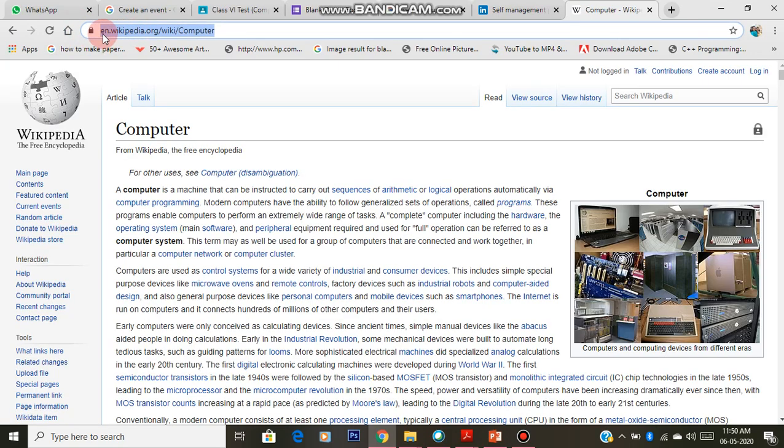Here before this you usually will be having HTTP. Now, for the security purpose there is a lock symbol which locks our protocols. So usually in this place you can see HTTP written, like this.